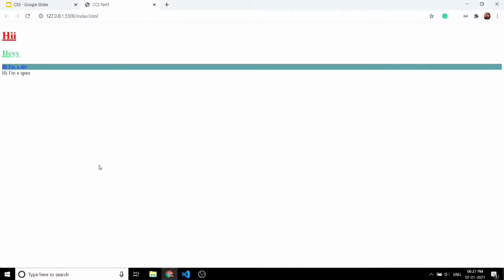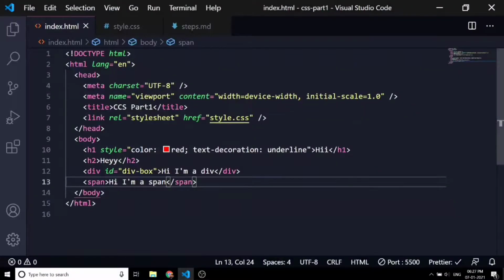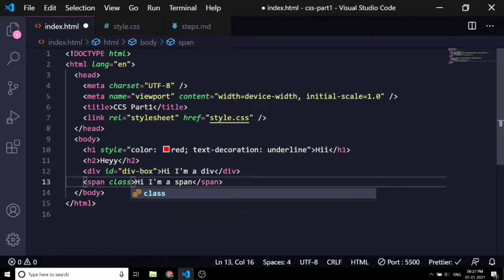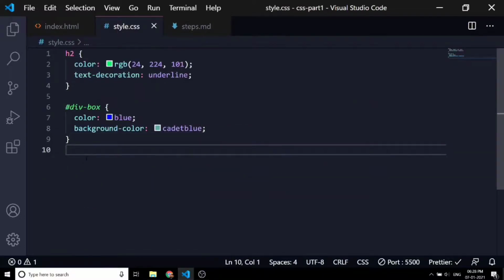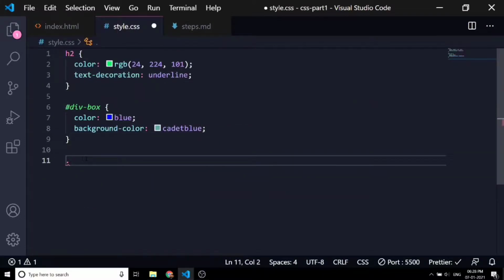So let's use the class selector this time. Give this span a class of span box. If we select using a class selector, we have to use a dot.